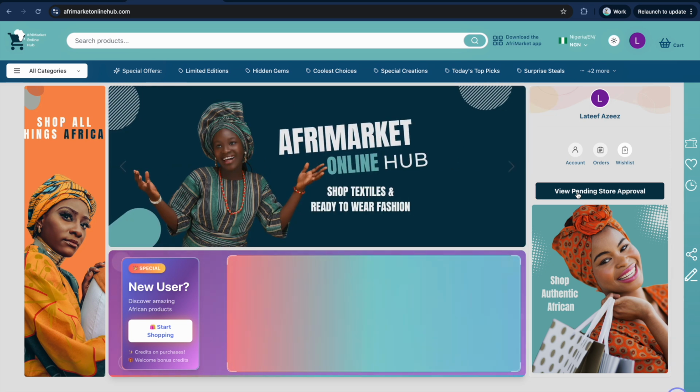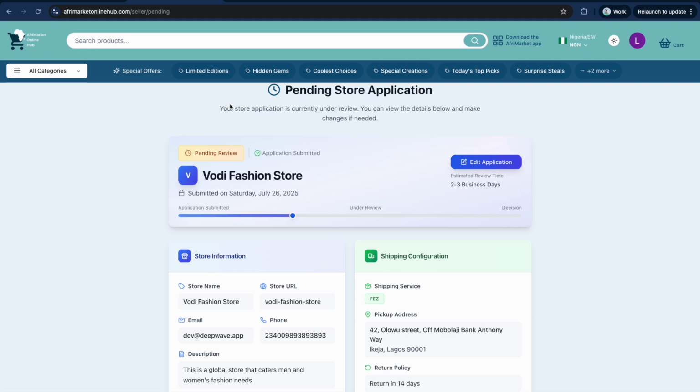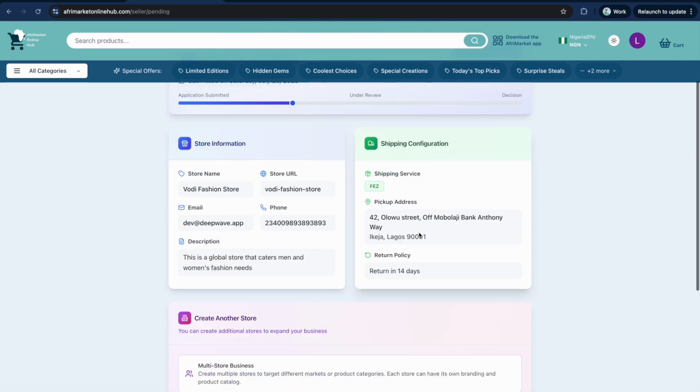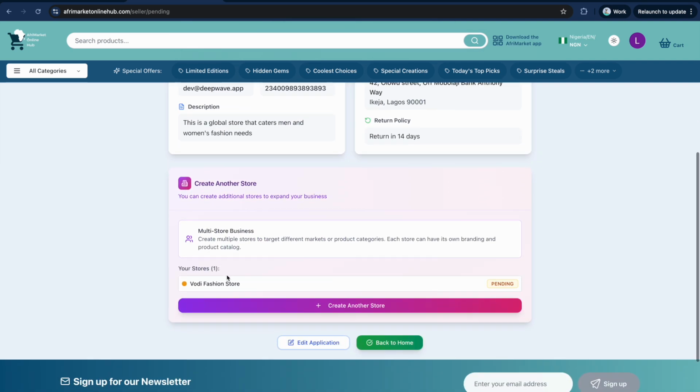approved. So here, if I click on view pending store approval, it shows the information about the store you just created. So pending store application, you see the name of the store, the current stage it is right now, and then you see the store information that you provided to us. You see the shipping configuration you provided as well. You also see this to show that your store is currently pending, and also you can create another store from